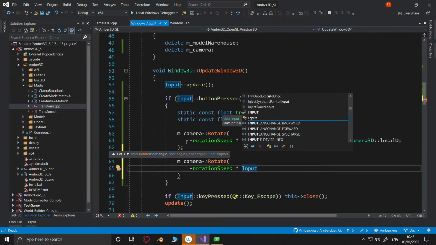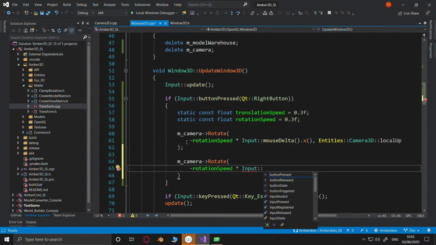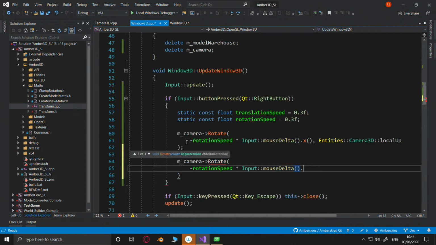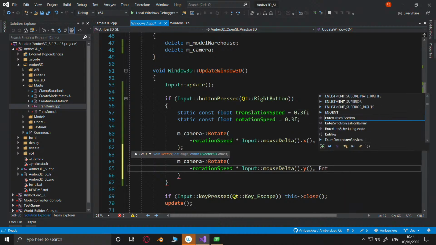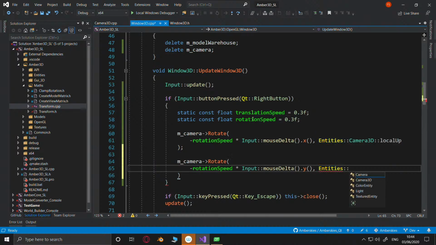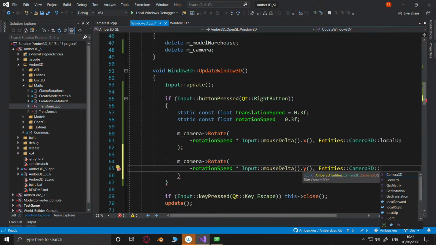Input, colon, and it's mouse delta .y. So that's the X and the Y direction for the mouse on the screen. So there's only an X and a Y that you can do. And that will move our entities, or camera entities. Colon, camera 3D, colon, and that's